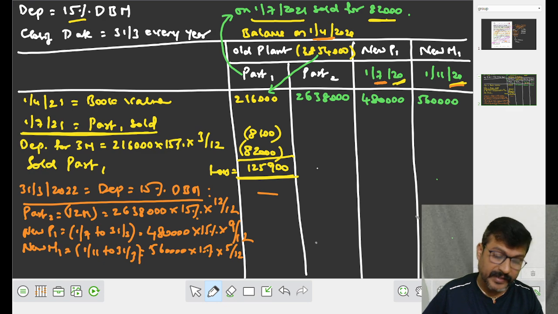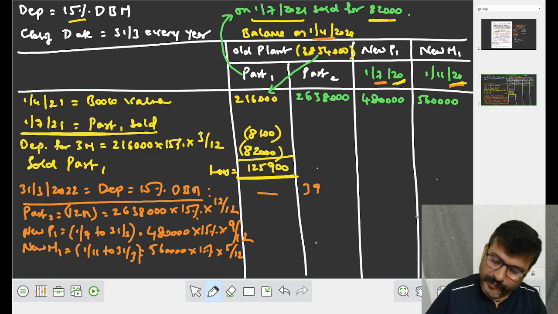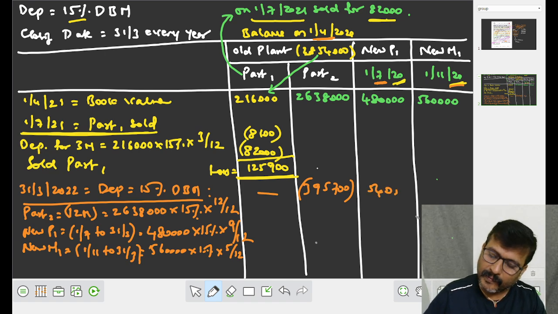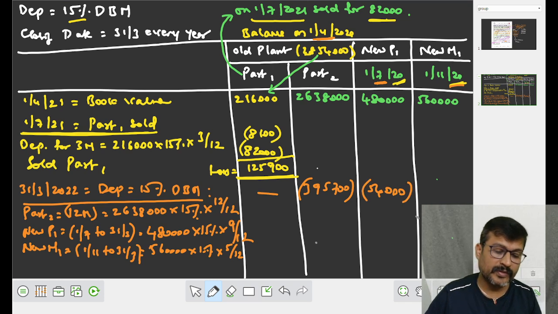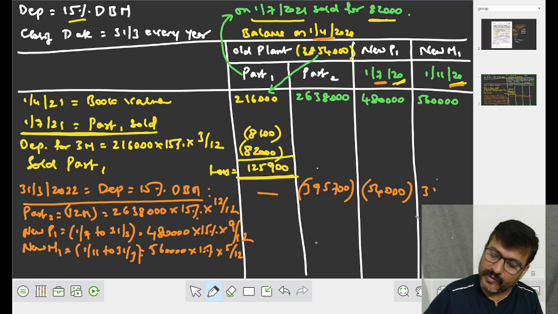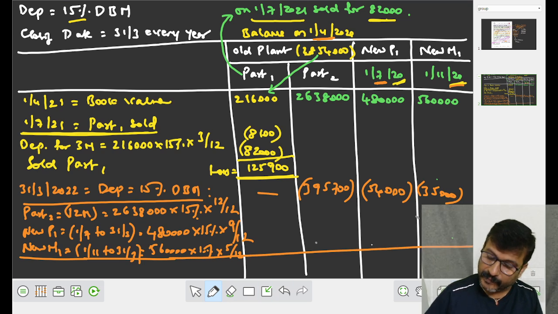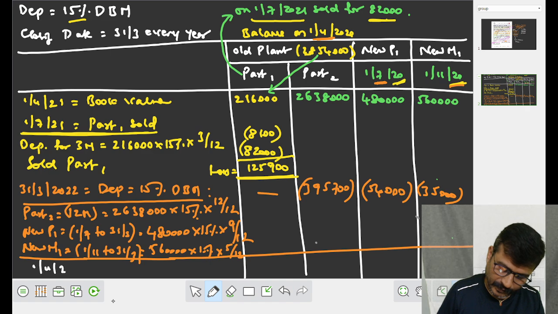26,38,000, 15%, 12 by 12. It comes to 3,95,700. For the second one, new plant 1, 54,000. New machinery 1 comes to 35,000. Now you have to find out the balance. The balance is on what date? 1st April 22,